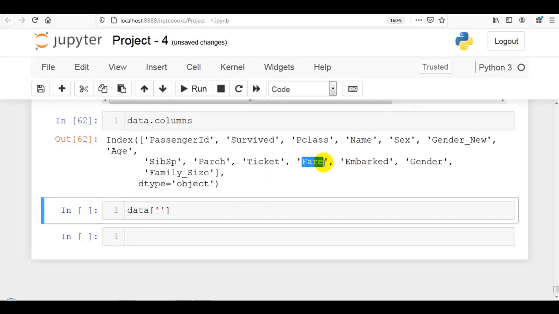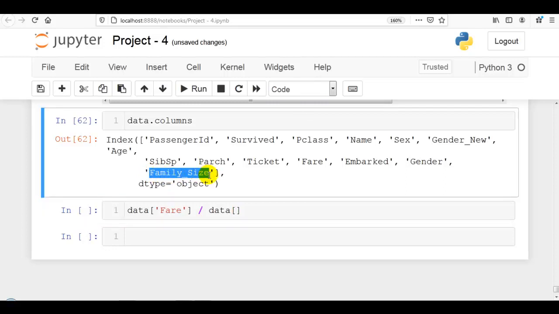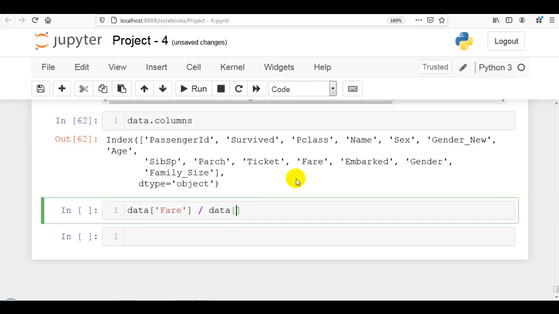Let me copy and paste it over here, divided by data and family_size column that we have just created, which is showing the size of a person's family, and plus 1 for the person himself.